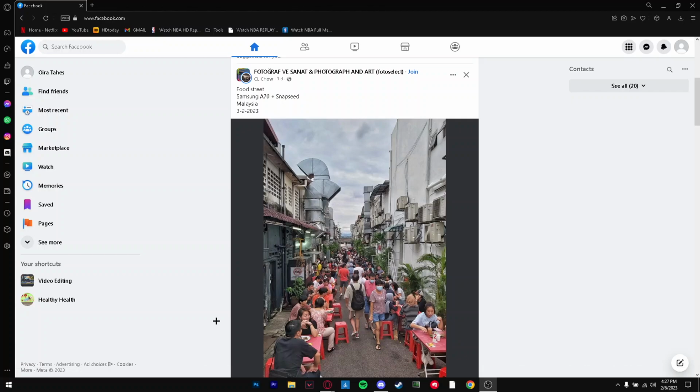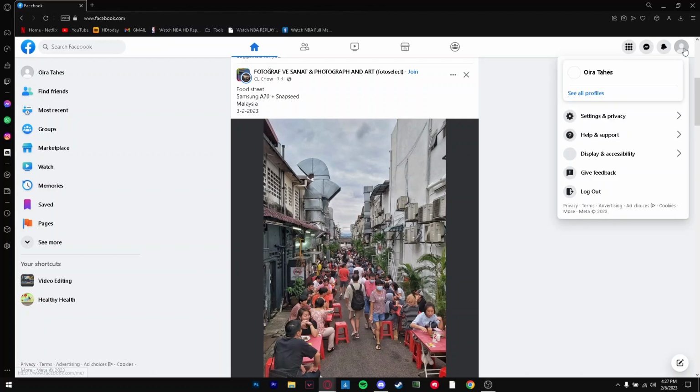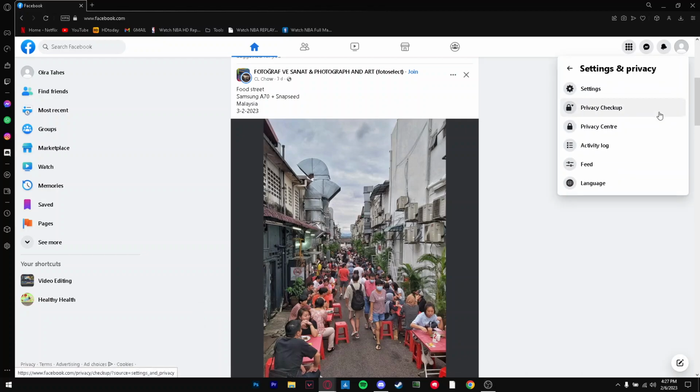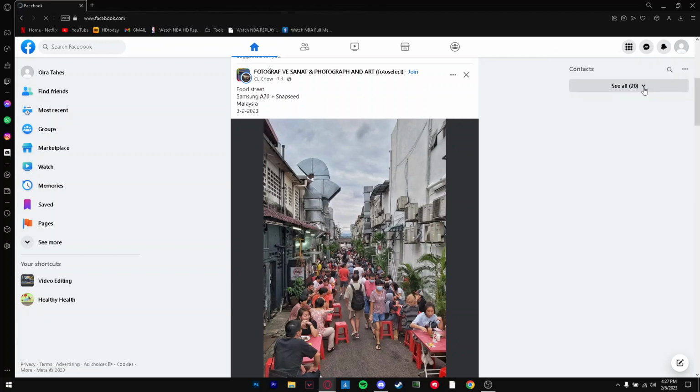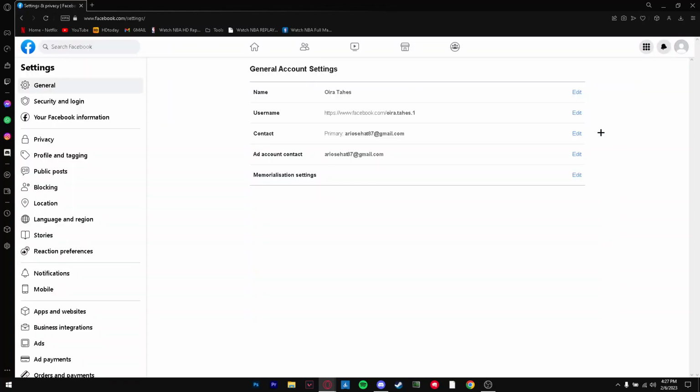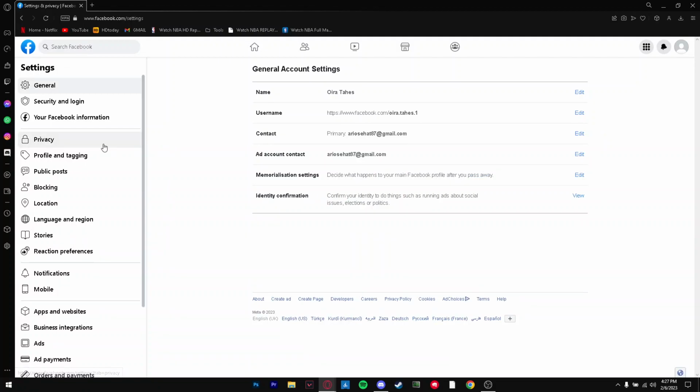Hey everyone, in this video I'm going to show you how you can temporarily delete your entire Facebook page. To begin, we want to go to the top right here and go to settings and privacy. From there we're going to press on settings and it's going to take us to this page. From there we're going to go to privacy